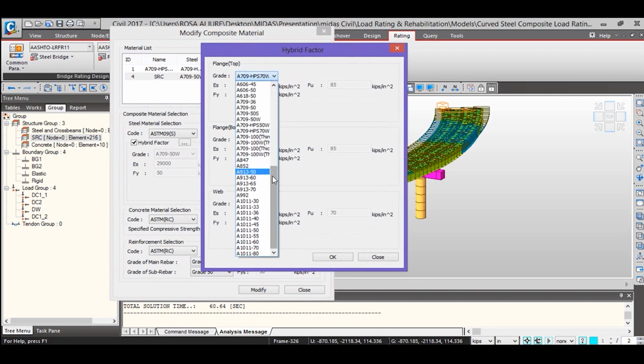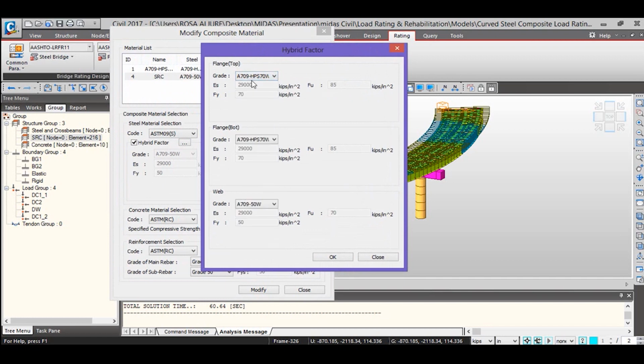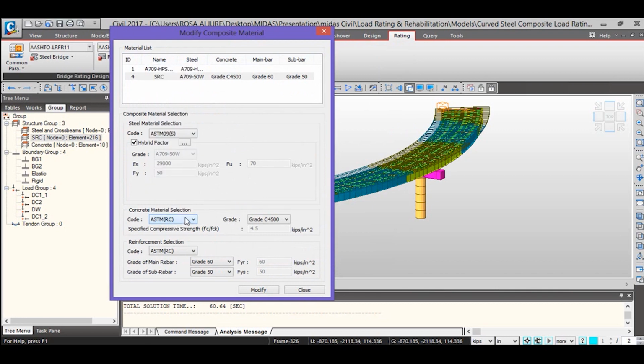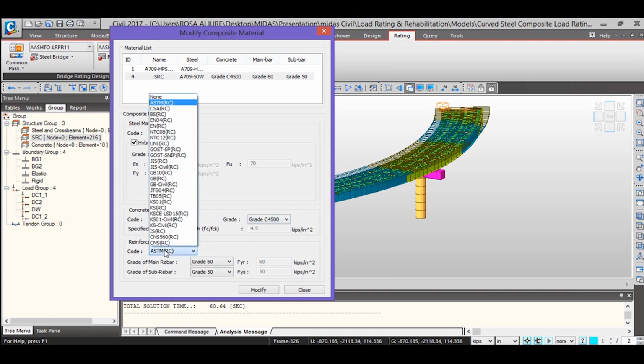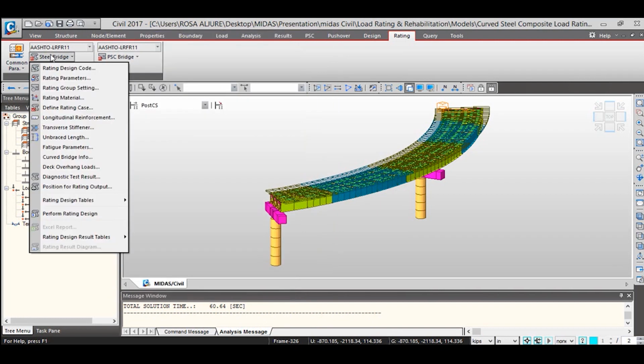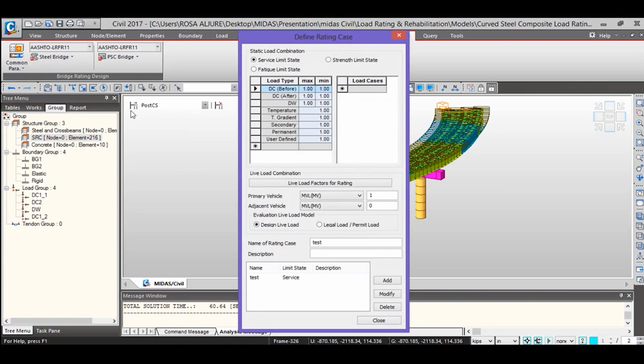As I mentioned, you have the option of defining manually the material, and you can define the concrete material for the slab, and also the reinforcement for the slab. Here is already defined.